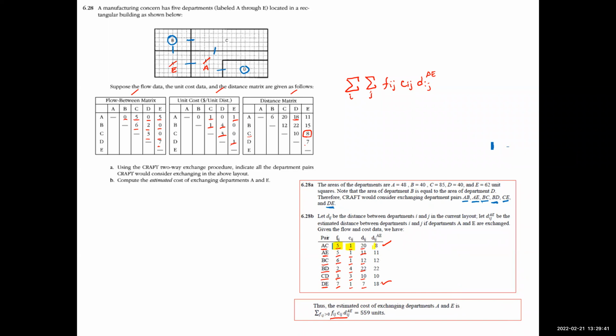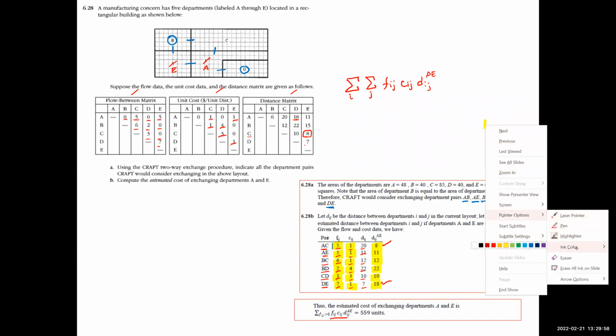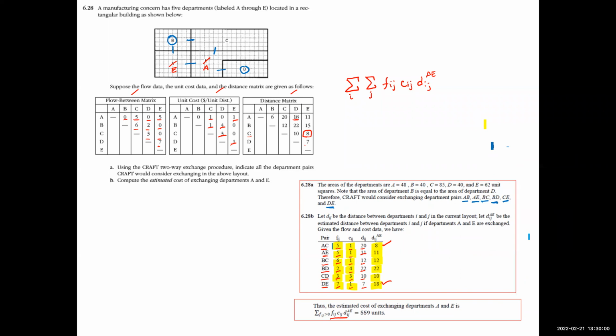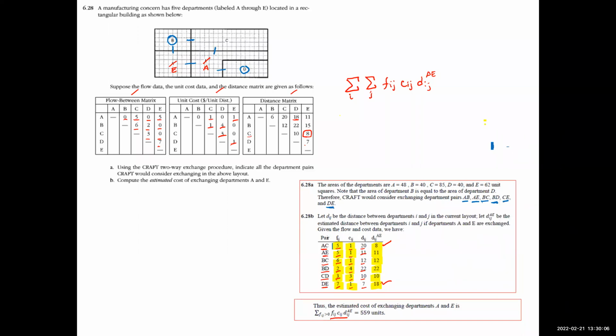This times this times this plus this times this times this plus this times this times this plus this times this times this plus this times this times this plus this times this times this. So that will be equal to